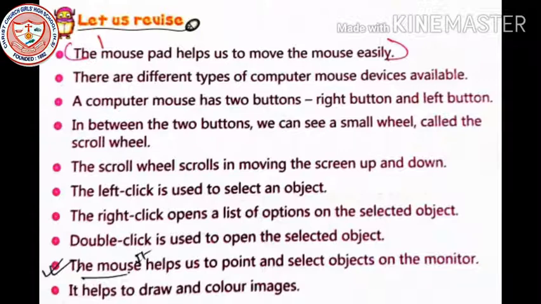Now, next one is mouse pointer shapes and their actions. As you have already done this one, please note that this table is actually very important, with the functions and the symbols, which tell you what each one means. Please go through this table very well: what does a normal arrow do, what does the circle do, what does the four square do, the arrow and circle, the eye shape and the diagonal arrow. What does each one say? Please go through this.